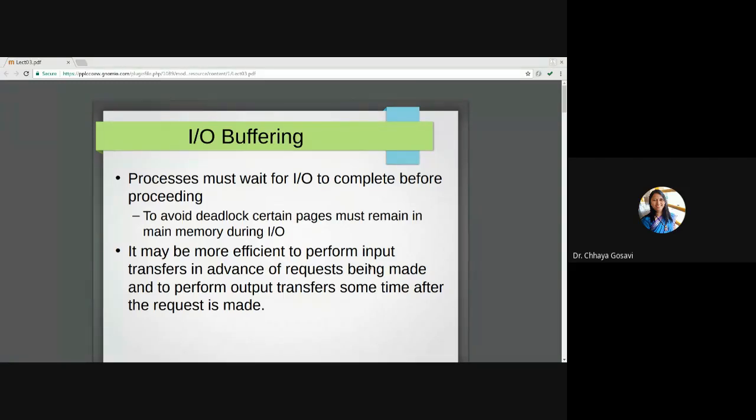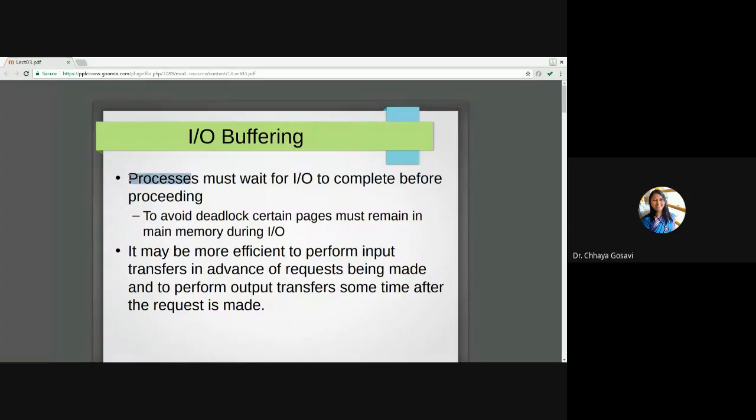The main one is data rate. Then we have seen how the IO module evolved, starting from only the processor handling the job of IO management. Then the IO module gets added, and without involving the processor, it can now handle IO requests separately with the help of DMA and a separate IO processor that we have seen in the previous session. Now let's see what buffering is, and it is called IO buffering.